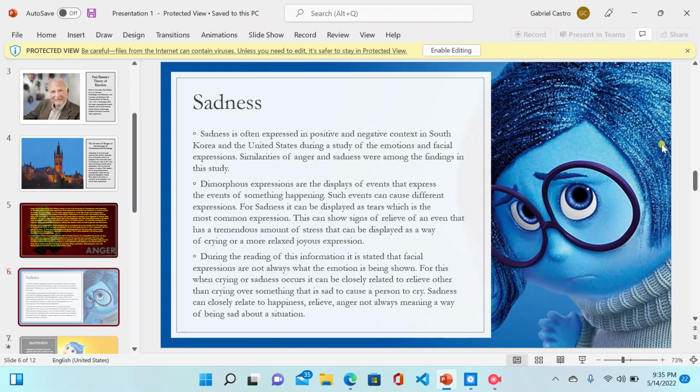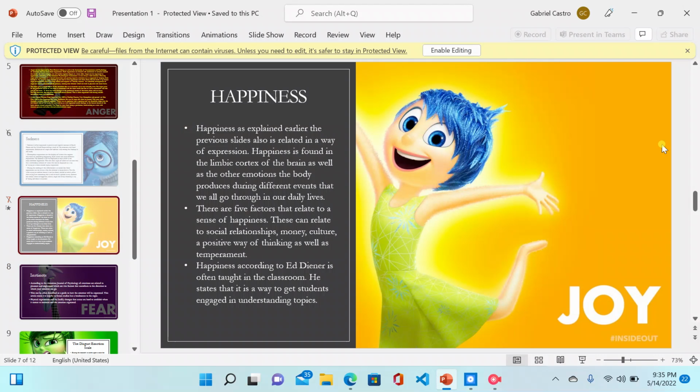So, I know we all experience sadness. For me, for example, sadness would first occur when my grandparent, my grandma, passed away, and we let out tears to show the emotion that we are sad, as opposed to smiling when you're sad. And sadness can be shown in various ways, but the most common way is tears.